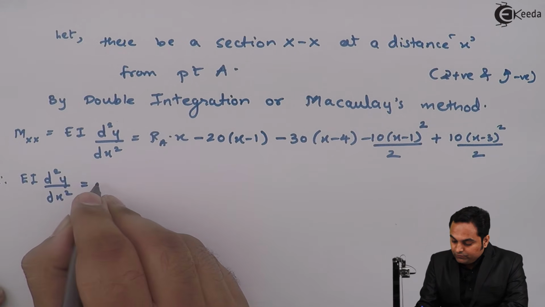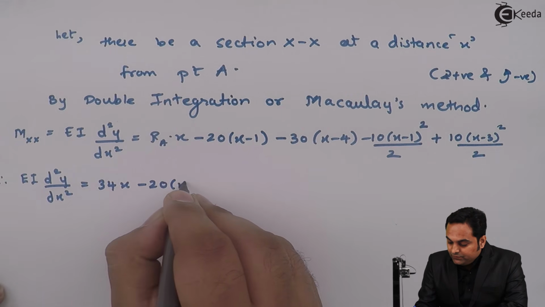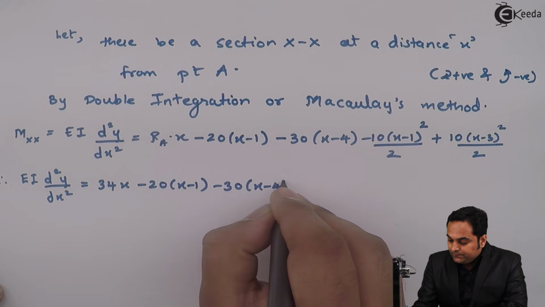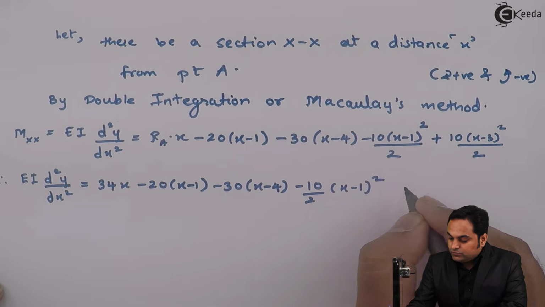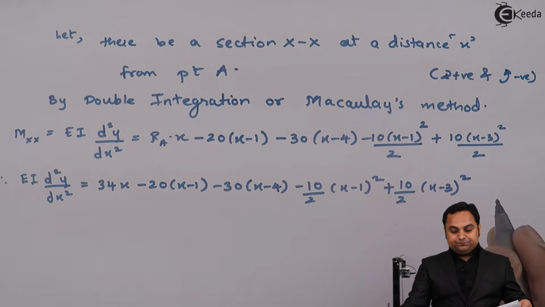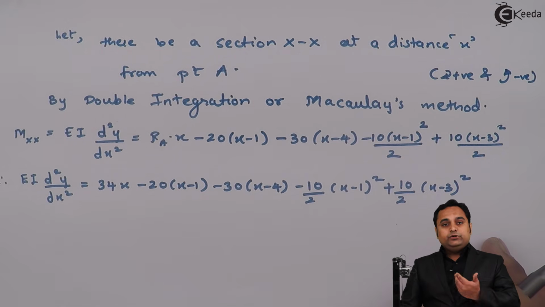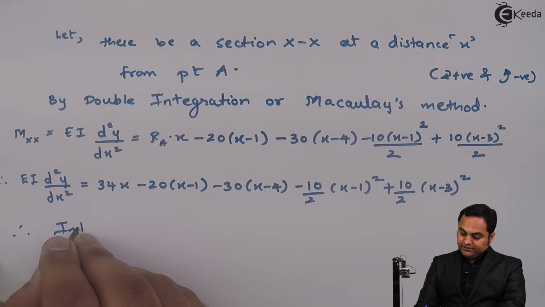RA was 34. So 34 into X minus 20 into X minus 1 minus 30 into X minus 4, then minus 10 by 2 X minus 1 whole square plus 10 by 2 X minus 3 whole square. Next, once I have reached here, now I am going to integrate this equation once. So therefore, integrating